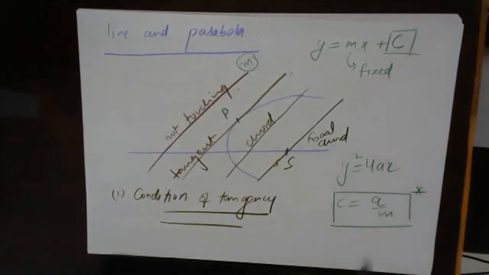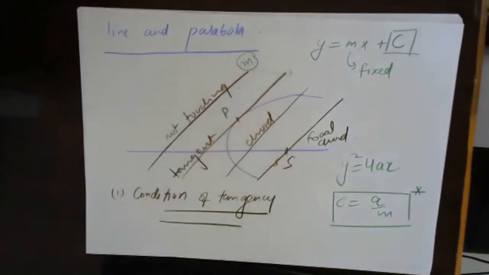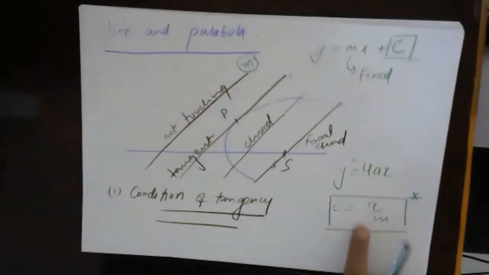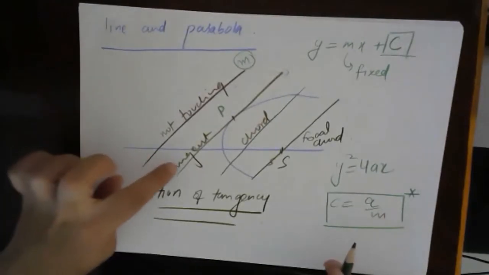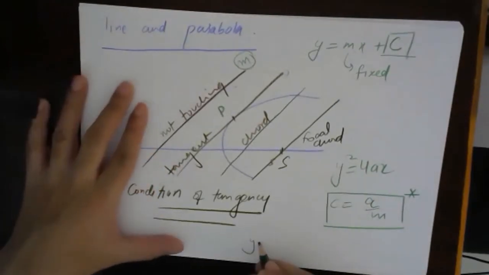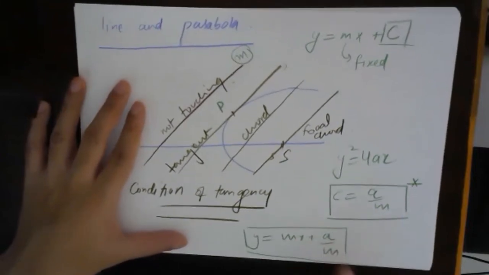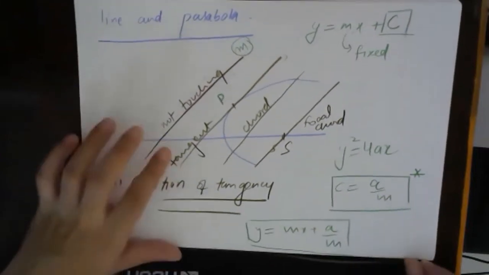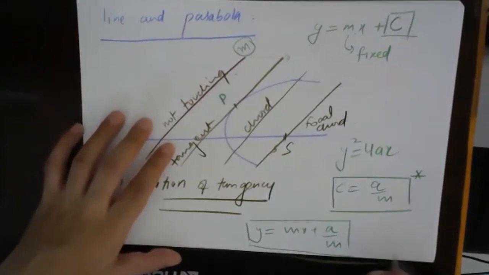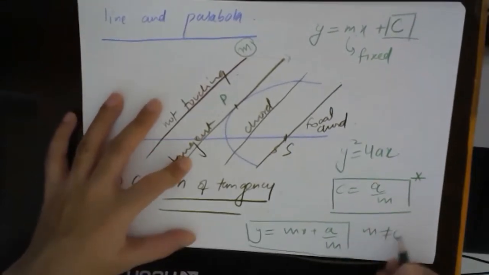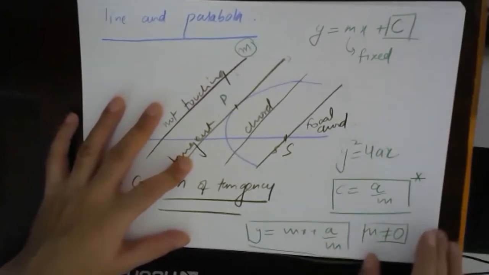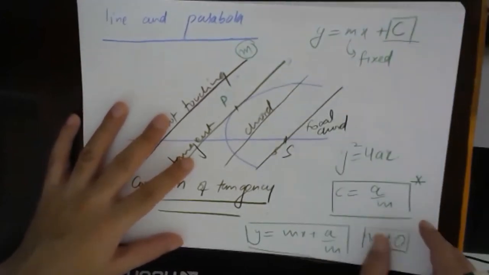Okay, so we have seen that if a line with slope m is tangent to the parabola, then the condition on c should be that c is equals to a by m. So what will be the equation of this tangent? The tangent will become y is equals to mx plus a by m, where m will be given to you. a you will get from the parabola, and this m is already given to you. And this m should not be equals to 0 because a by m is infinite, not definite. Okay, this part is clear. Fine. Let's see the next